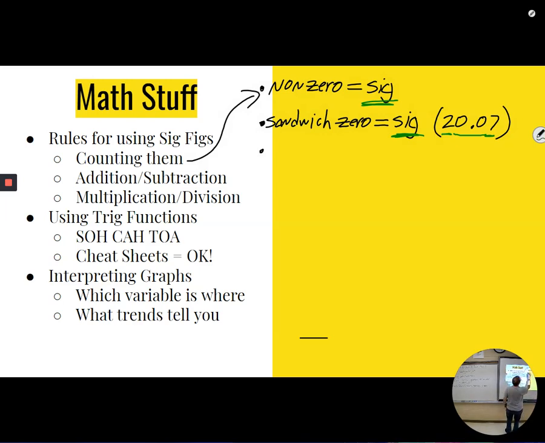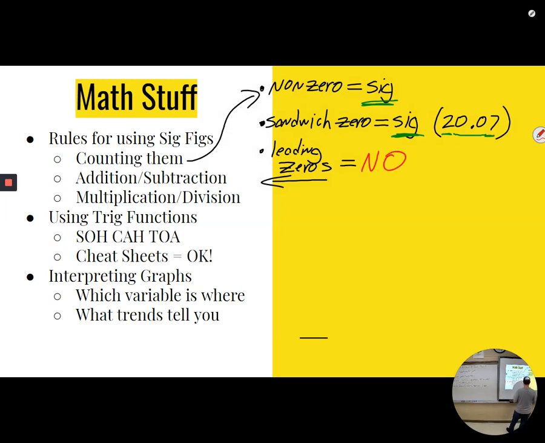If you have leading zeros, which are the zeros that are to the left of all of the non-zeros, are they significant? No. So for example, if I've got 0.0060, these first 3 zeros right here are not significant. See, now he's angry. The 6 is because he's a non-zero, and this 0 is, we'll talk about why in just a minute,